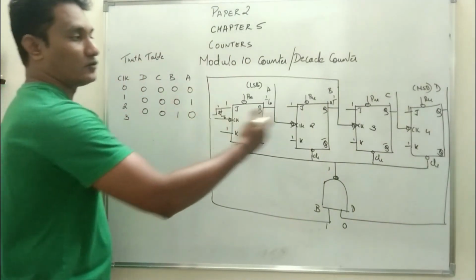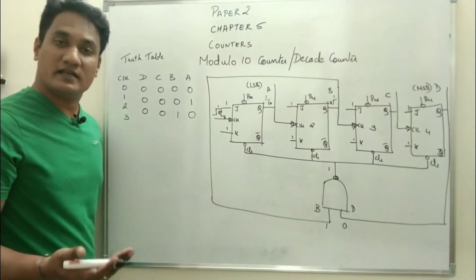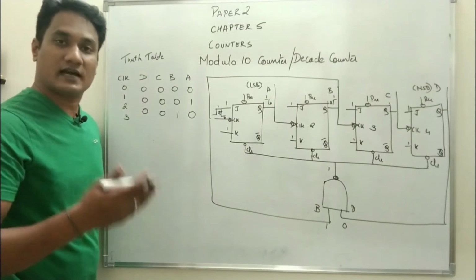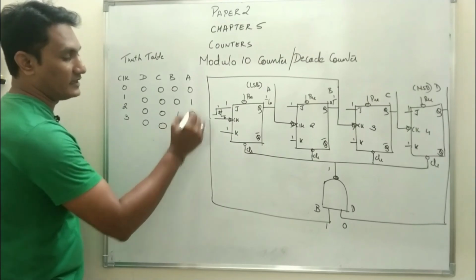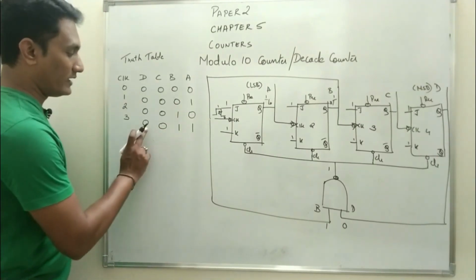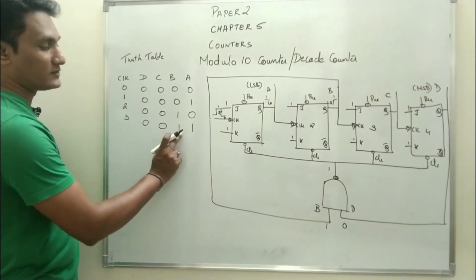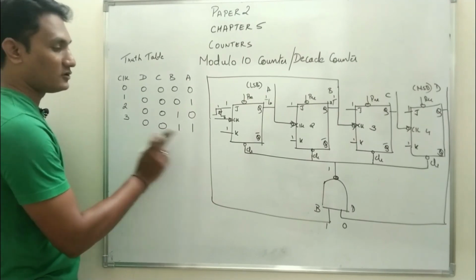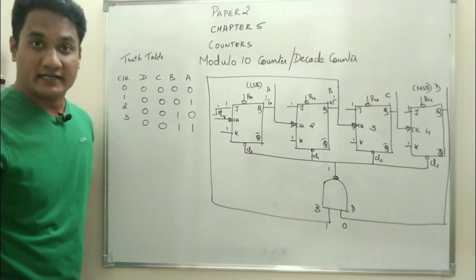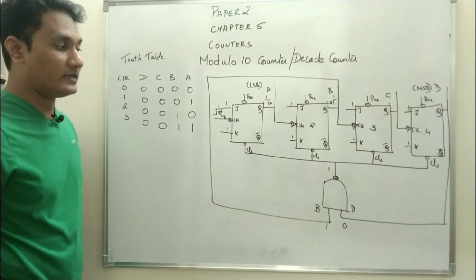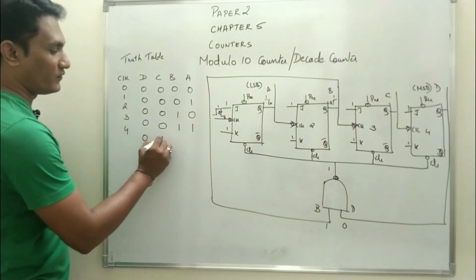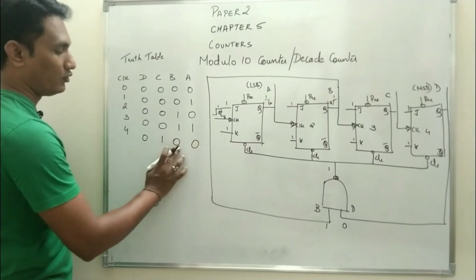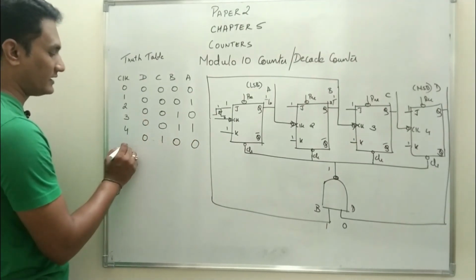So now the circuit resembles the binary count. With each applied clock pulse, the count will keep on increasing. So at the end of the third clock pulse, the state will be 0 0 1 1. Still you can see D is 0, B is 1. If any one of the inputs is 0, the output will be 1 for a NAND gate. And if the output of the NAND gate is 1, the clear terminal will be deactivated. Fourth, 0 1 0 0. Again both the inputs are 0, the output of the NAND gate is 1.